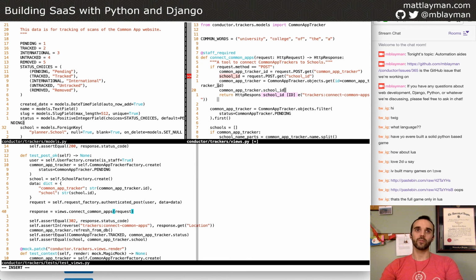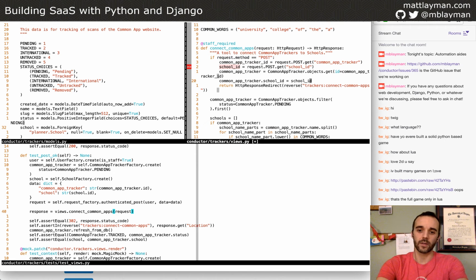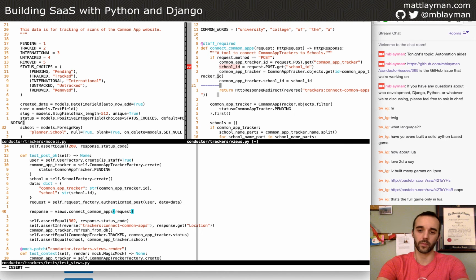So if you want to save the connection without doing an extra query on the database, I can do this, and it saves the ID properly because I already have the ID from the post. And just to make this very clear, I'll show the other way that this can be done, and that should clear up any confusion about this. What do you mean by school ID versus school? I'll show off both methods.